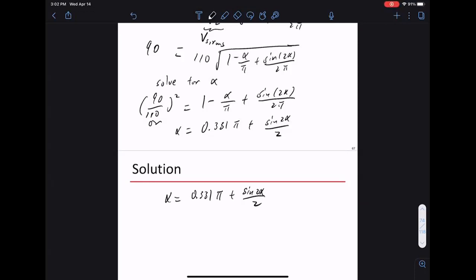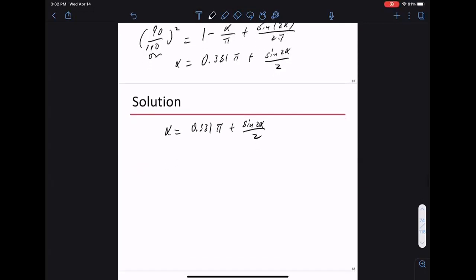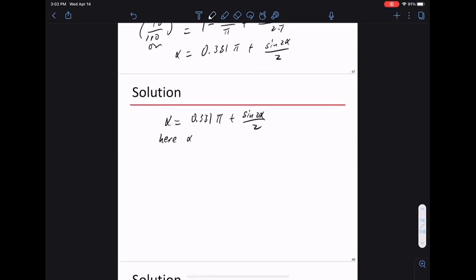Okay, so this is a so-called fixed point equation. And one way to solve this equation is through the following iteration. Here, alpha is a fixed point. What this means is alpha shows up on the left, and also as a function on the right. So what you hope to do is the following. We pick alpha 0 to be some value. Then we repeatedly calculate